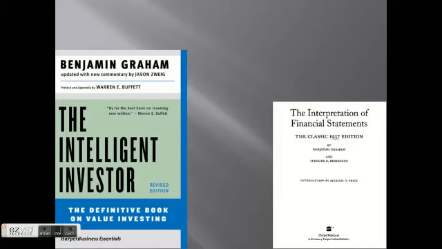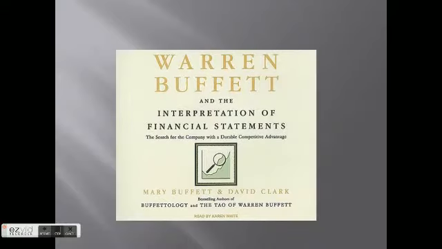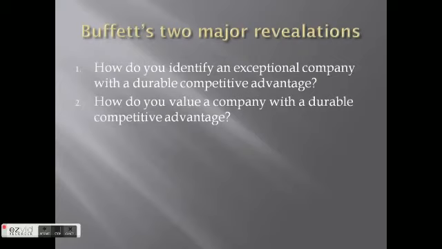So I have both of these books, but I decided to go on Google, and I found Mary Buffett's book. And I decided to do first review on this book. I decided this is perhaps more contemporary than Benjamin Graham's treatise on financial statements. So here we go. So this will be a general overview of the book.